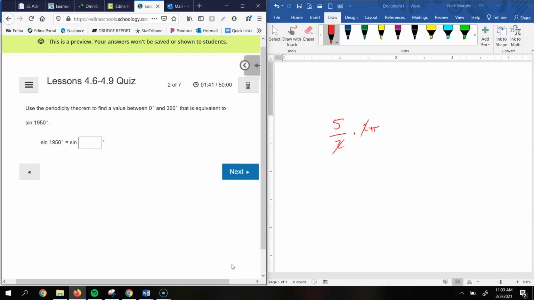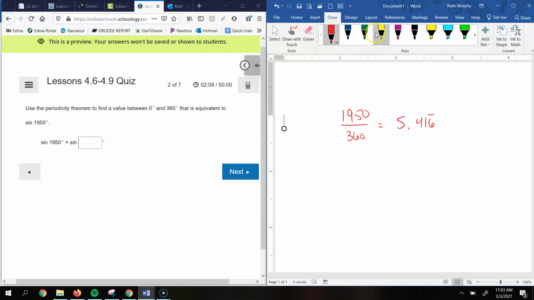All right, so this one's asking us to use a periodicity theorem to find a value between 0 and 360 that's equivalent to the sine of 1950 degrees. Well, remember, the periodicity theorem for the sine function tells us it repeats itself every 360 degrees, or 2 pi radians. Well, this is in degrees, so we'll use 360. So I'm going to take 1950 divided by 360. When you do that, we get a decimal of